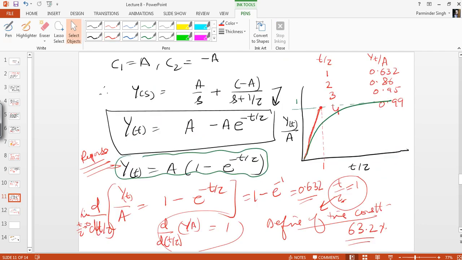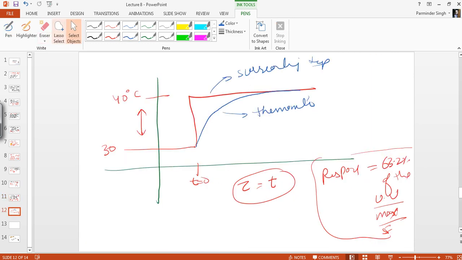When somebody asks you what will be 2 time constant, so 2 time constant will be defined from this equation. It is that time when the response reaches 86% of the final value. What is 3 time constant? When the response reaches 95% of the maximum value. And what is 4 time constant? When the response reaches 99% of the maximum value. Clear? So this is how we define your time constant. Moving further,